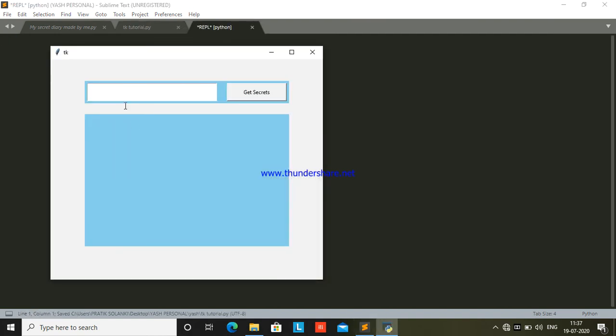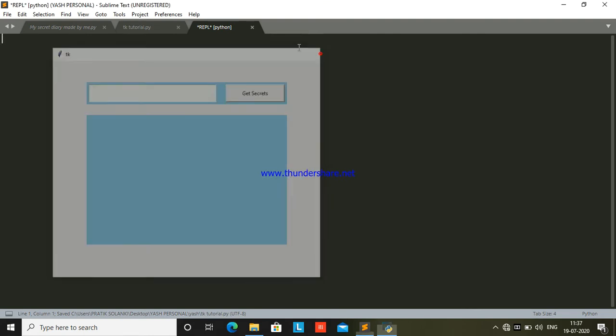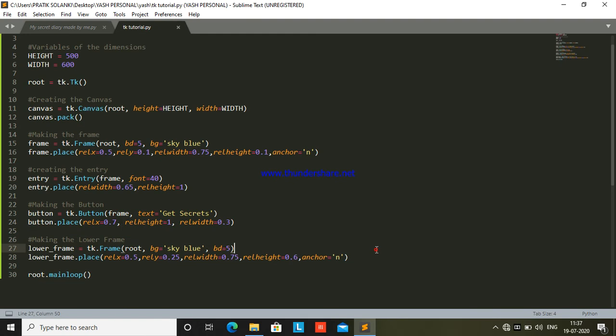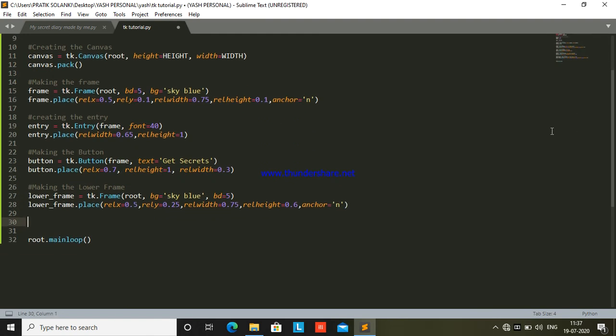Let's just run the program. We have the frame, but obviously in the finished result we had a sort of white label. So let's create the label now. It's pretty important. So let's say making the label,